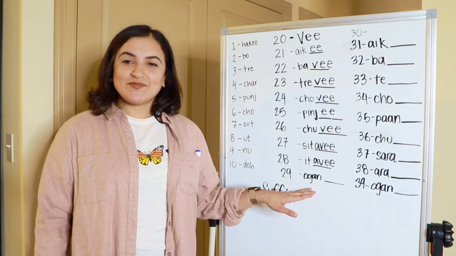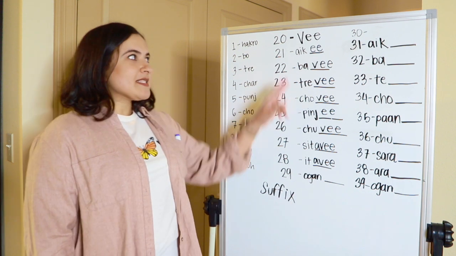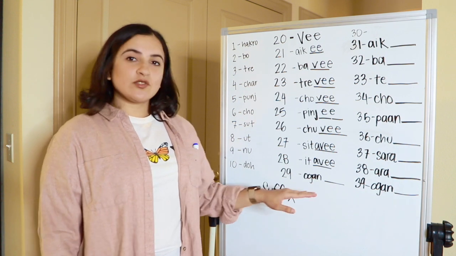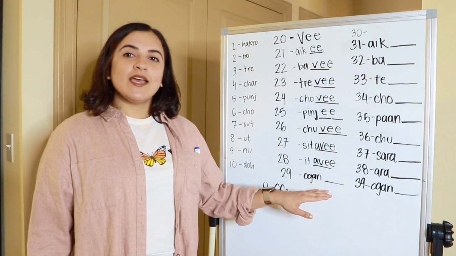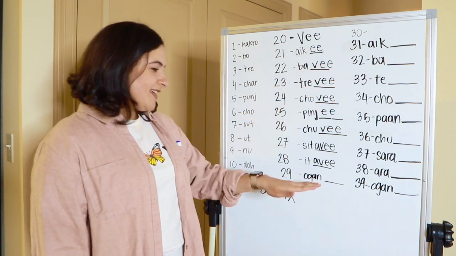Now 29. The root for 9 is ogan. But instead of adding V, the thing that the 9s do in all the number sets is it actually tells you what's the next one. It preps you for the 30s. So